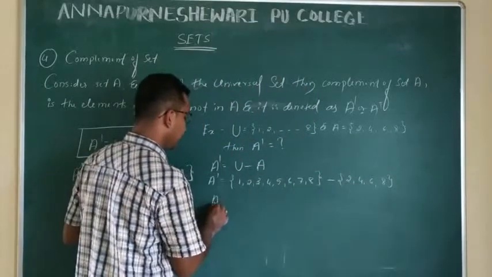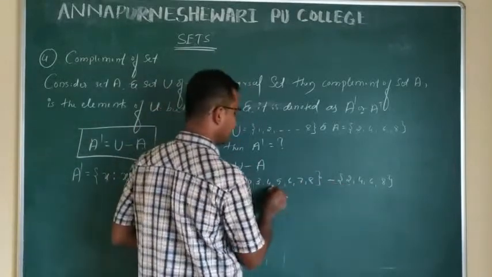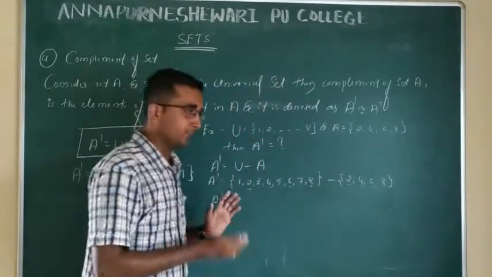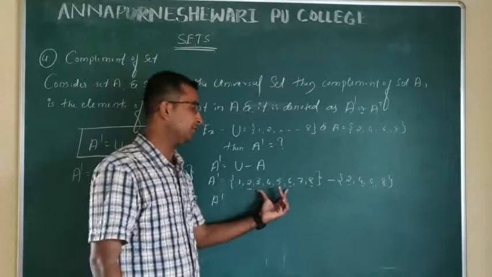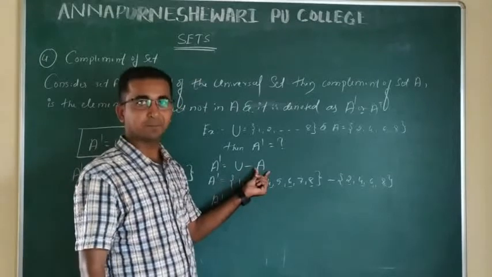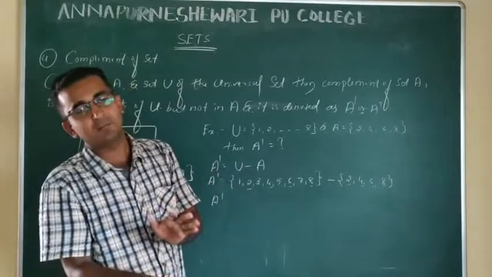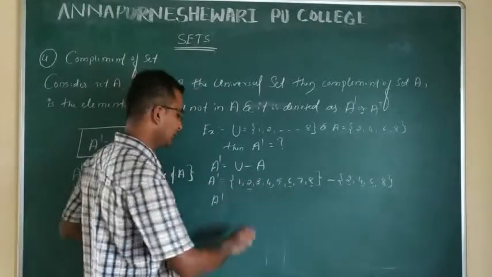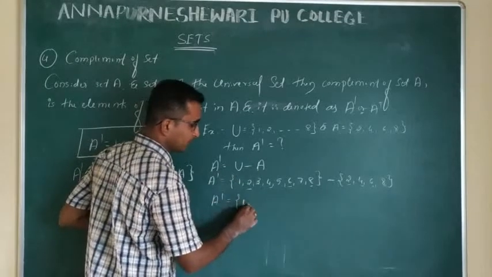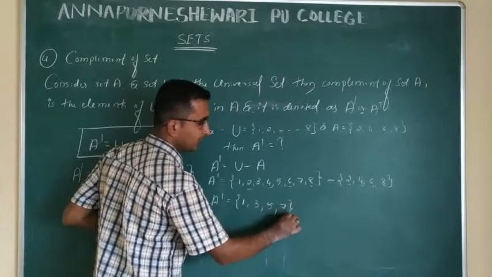So whenever we are writing the difference between two sets, first we have to remove the common elements. Whatever elements are left in the first set is nothing but the difference. In A minus B, the elements which are present in A but not in B, the remaining elements of the first set, are the difference with the second set. So 1 3 5 7.